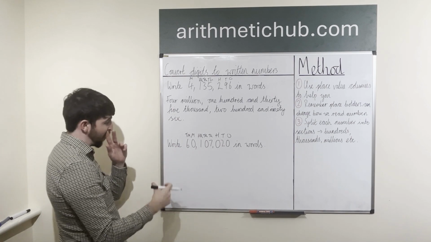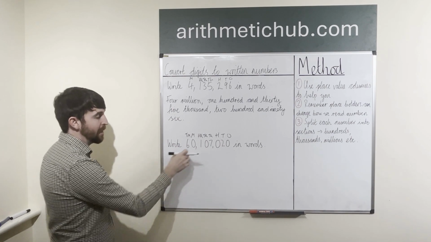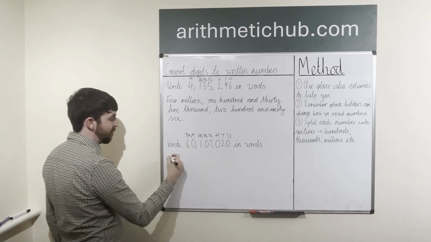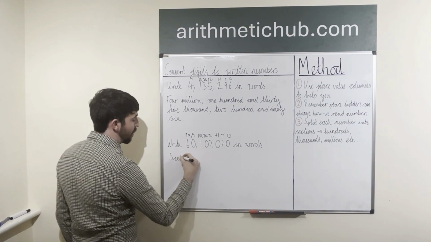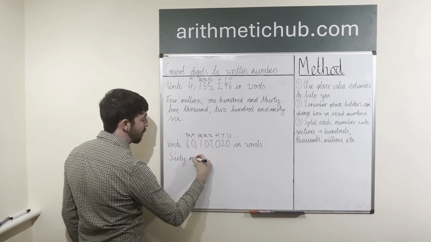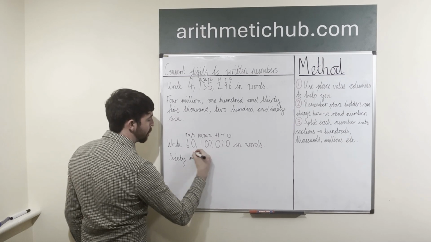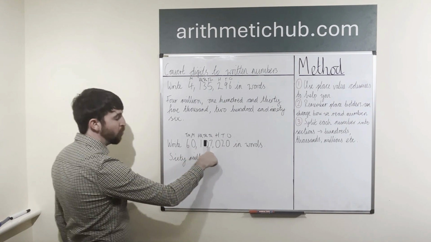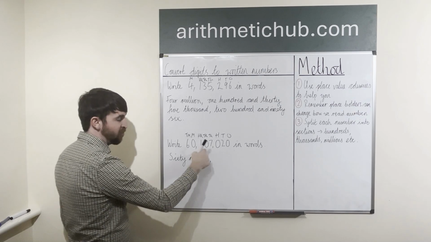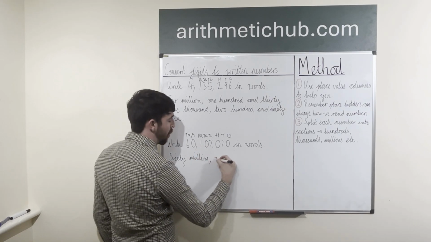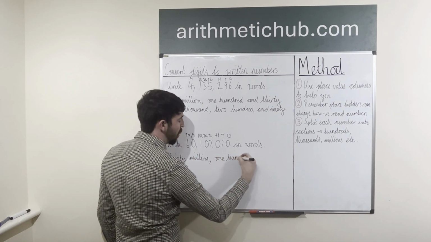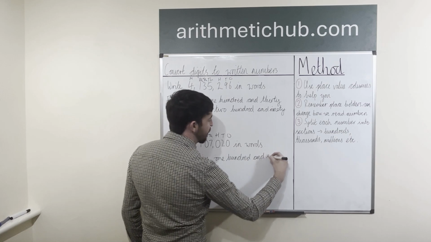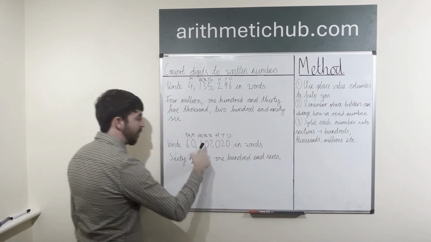So now we need to write it. We're going to start off going from left to right. We're going to start in our million section. Our millions, with our comma here, we've got 60 million, haven't we? I'm going to write that in first. 60 million. Now we've got that 1,000 section. 107,000, because 107 in the thousands, isn't there? 107,000